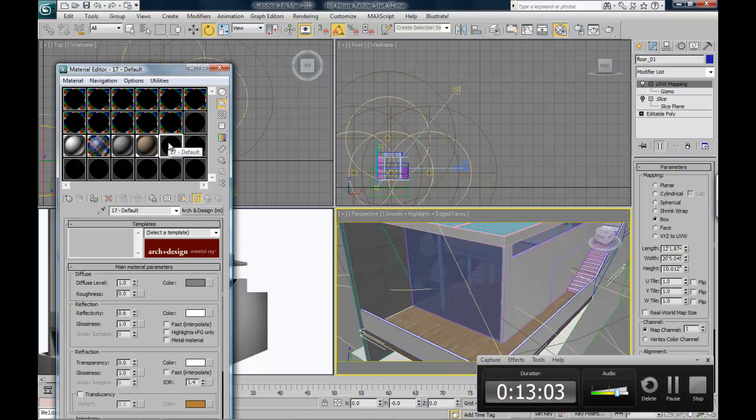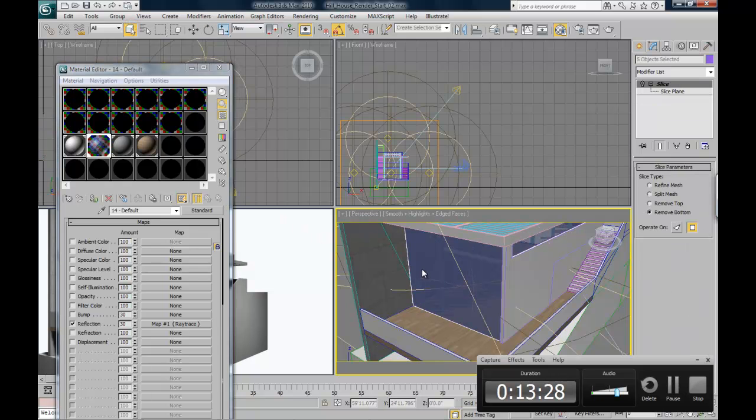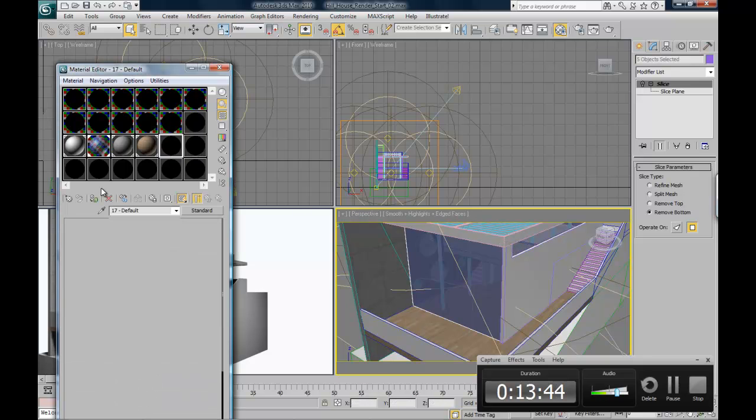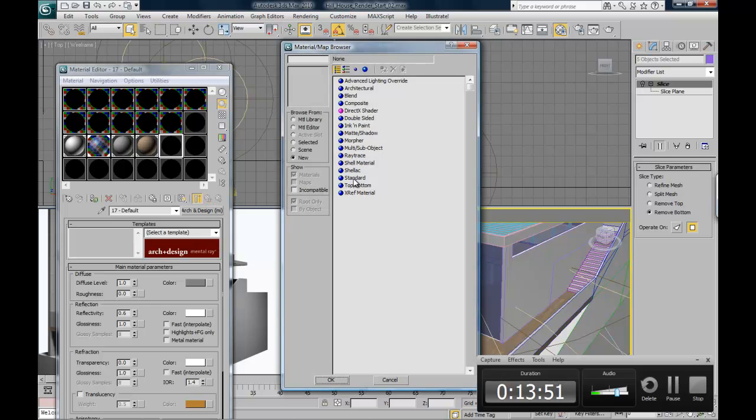and if you already have a glass material, let's select your glass plane. Right click on your glass plane and go down to where it says Select Similar, and it will select all the objects with the same material. Okay, so now we have all those objects selected. Let's make our new glass material. So let's make a new standard material. So click here, standard,